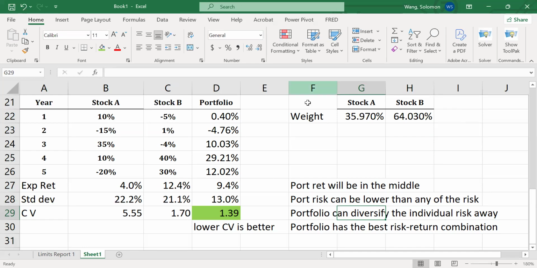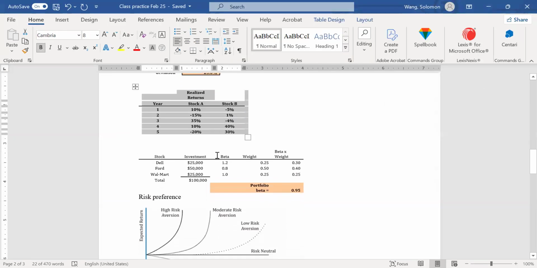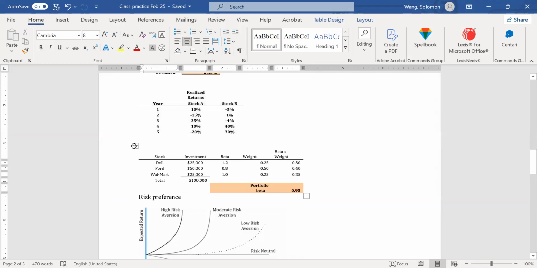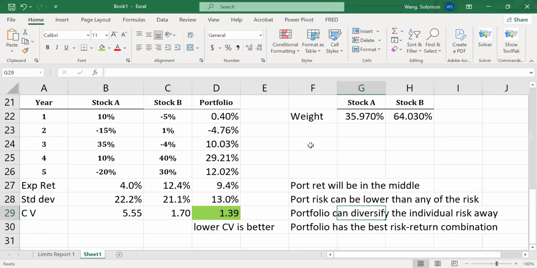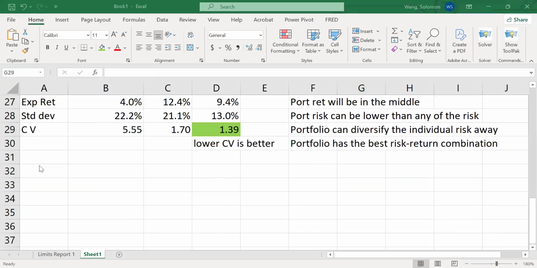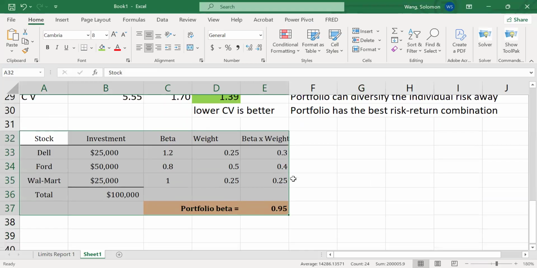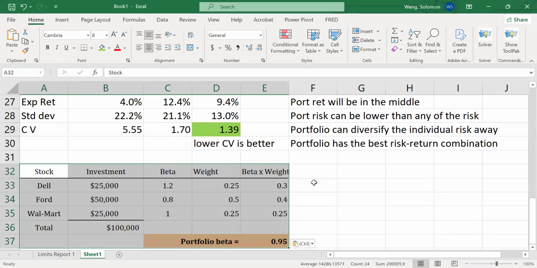All right, so let me get back to the documents here. Let me copy this one to Excel. If you have any question, just feel free to stop me or send me a message on chat. So this one